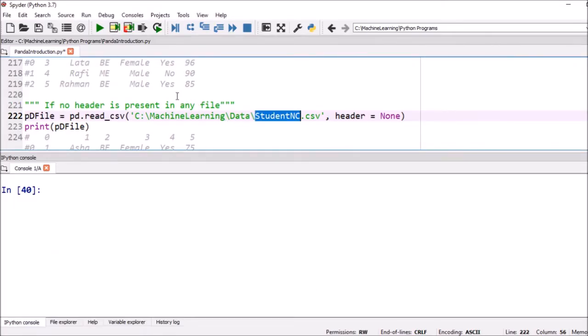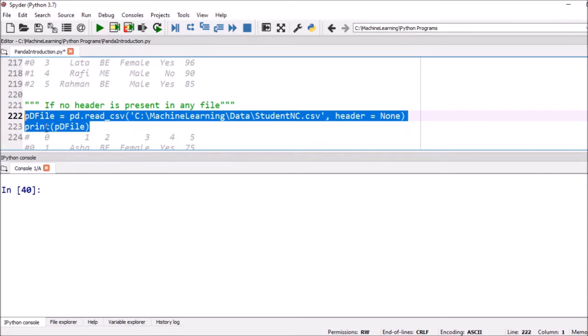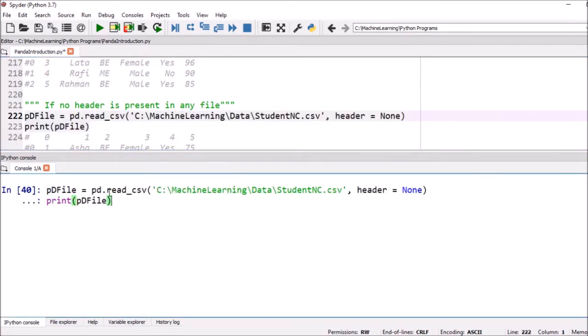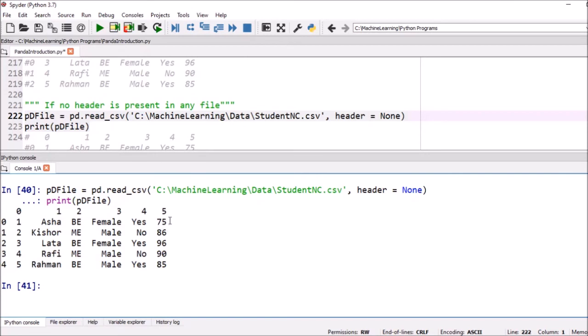Now see, if no header is there and you execute like this way, all the data are there, starting from roll number 1 Asha, 2 Kishore, 3 Lata, 5 Rahman. Here the column indices are generated automatically and row indices are generated automatically.